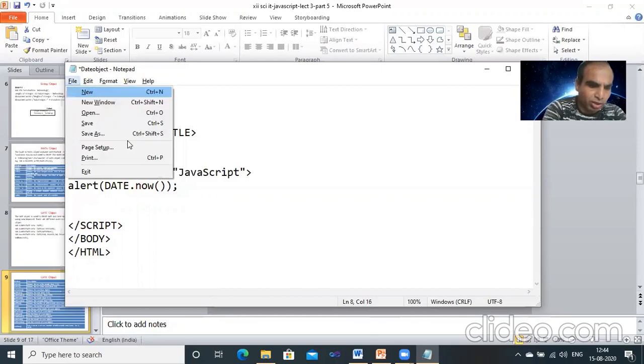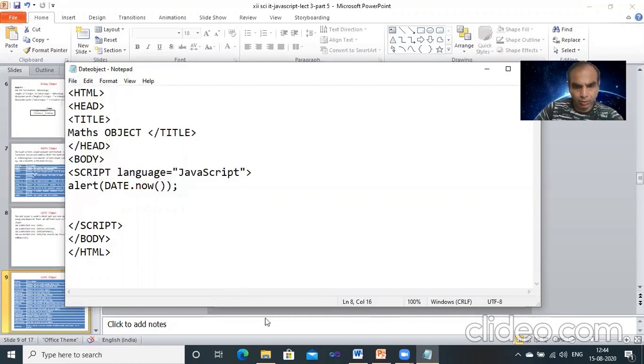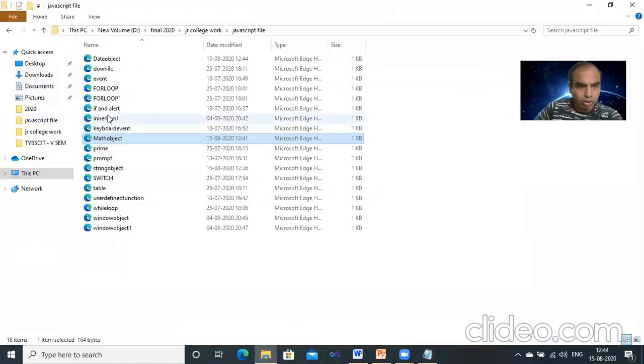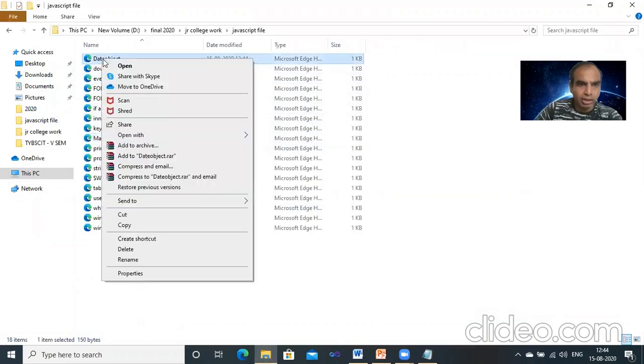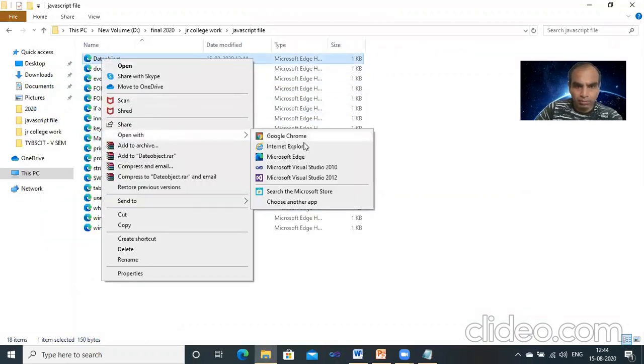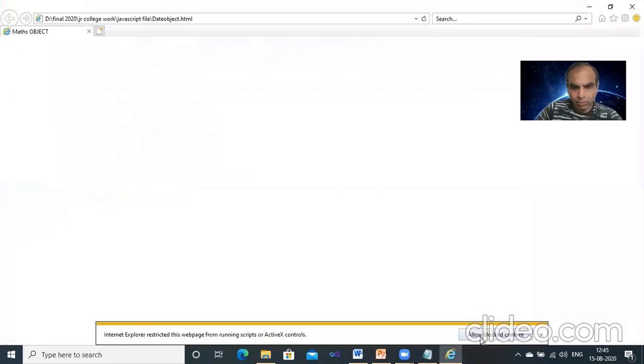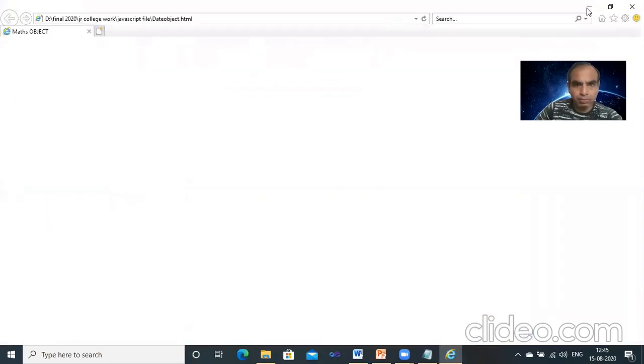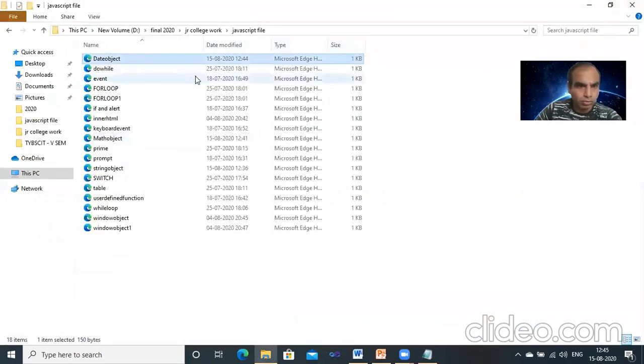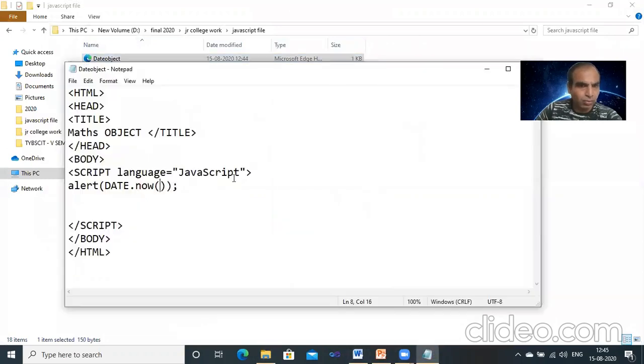We are using the now function. Save the file. Right click on that, open with Internet Explorer. Allow blocked content. Wait. I use document.write directly. File save.